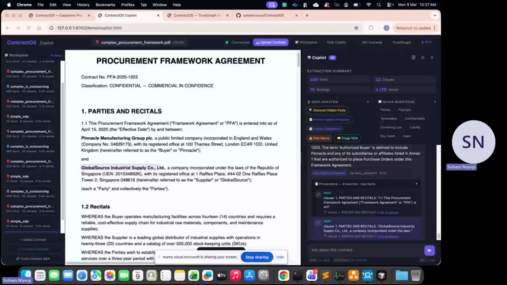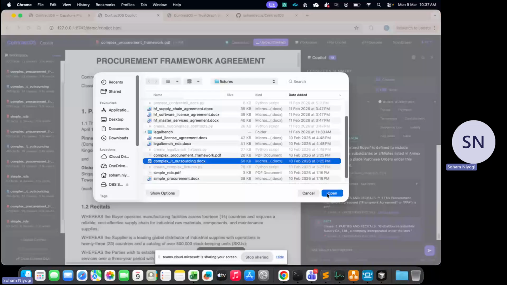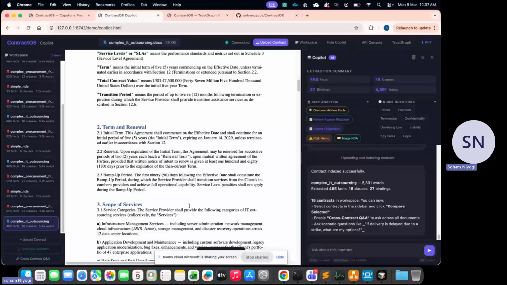Okay, now to the second scenario. I'll upload another document, which is a typical IT contract document, and pretty complex. So let me click on it. I'll show the IT outsourcing contract now. This IT outsourcing contract is again a pretty complex document. Terms, renewal, scope. It is giving you the different locations where the outsourcing company is present,